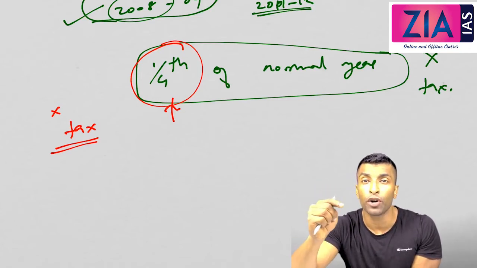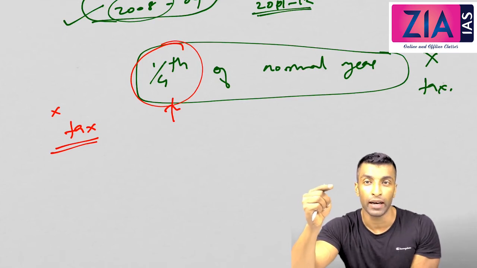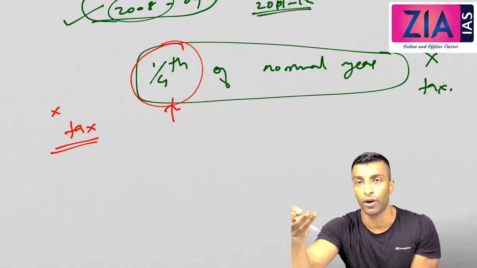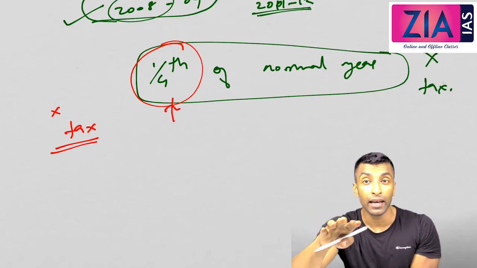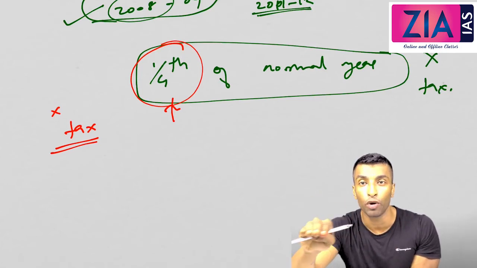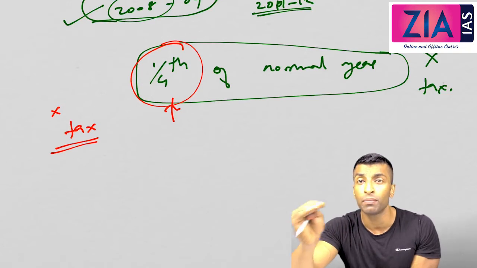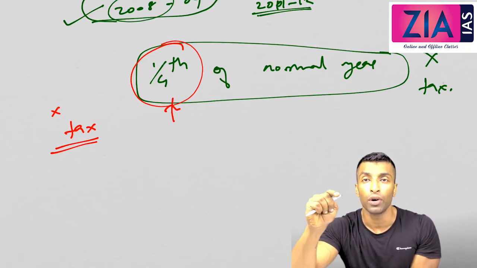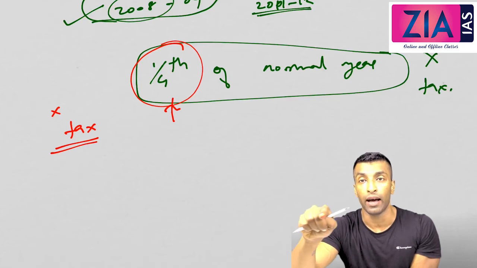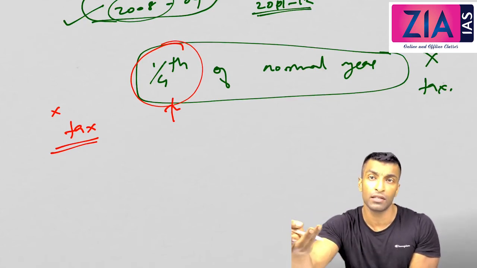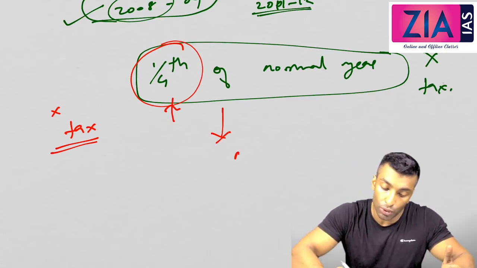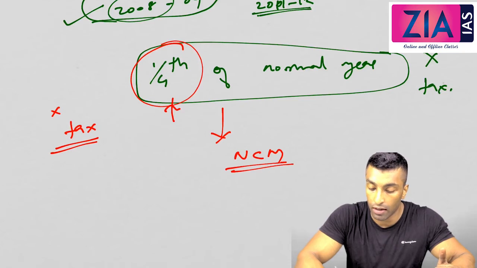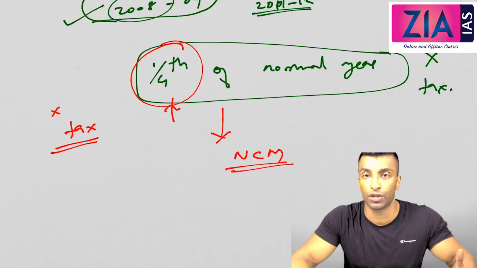So here you are not cooperating. I am emphasizing the same point again. You are not cooperating with the British government with their illegal demand to pay tax. Legally you don't have to pay tax. So are you violating any law here? You are not violating any law. Then what are you doing? You are not cooperating with the government and you are not paying tax, and that means you are not ready to accept the illegal demand of the government. So this is a non-cooperation movement. This is not a civil disobedience movement.